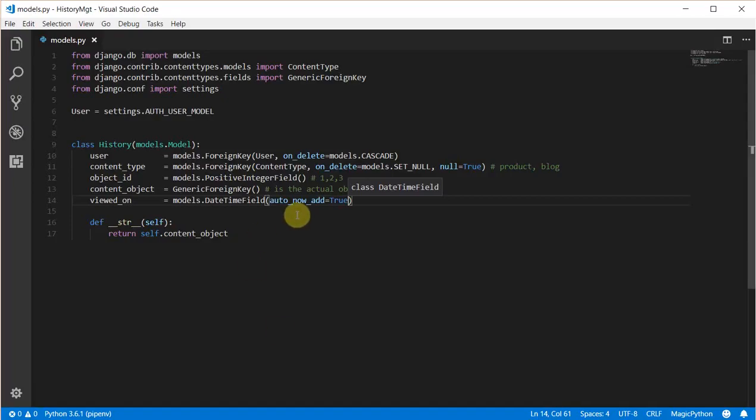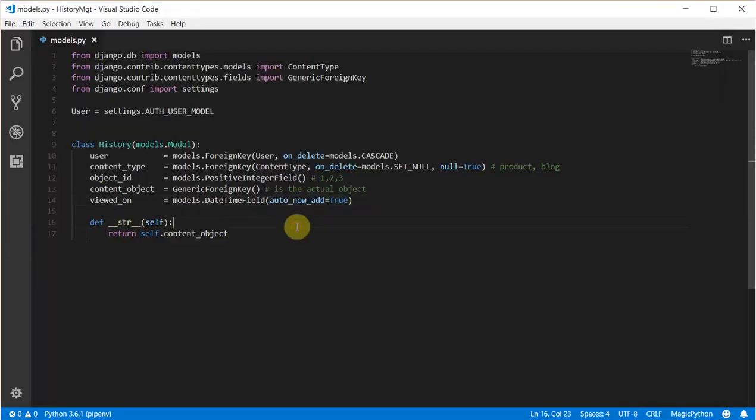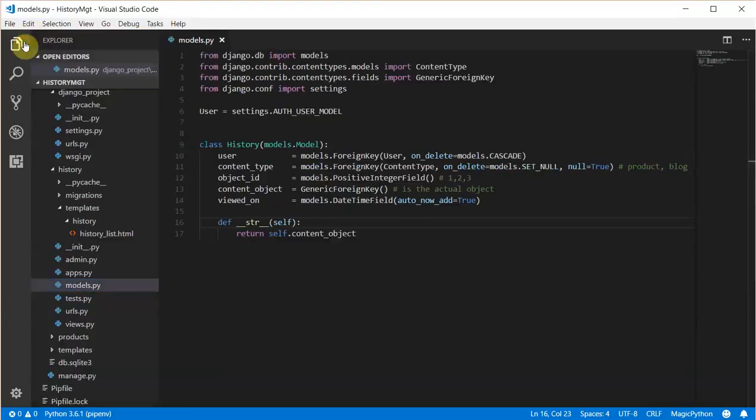One thing to point out about the ContentType model, like I earlier mentioned: this is our application. You can see the content type application keeps track of the apps in your Django projects and also the models in those individual apps, and we'll be seeing how to utilize this to achieve what we want in this project. So now this is done, the next thing would be